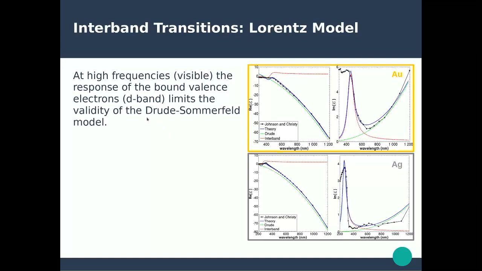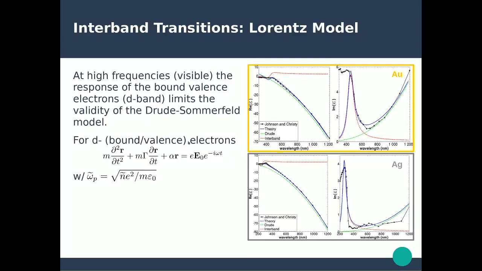So how can we include the contribution of those d electrons? Well, you can do that basically by adding a restoring force and recalculating the response of those electrons. You can calculate the response to the exact same external electric field of those valence electrons. So now we are looking at the valence electrons and no more the conduction electrons, and we can include this restoring force